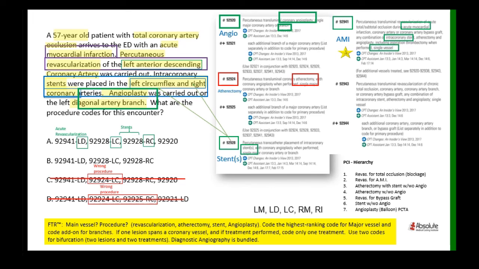There you go. So we can code the first branch using 92920, and note there is no modifier coded for a branch. And if you got this correct, coders,